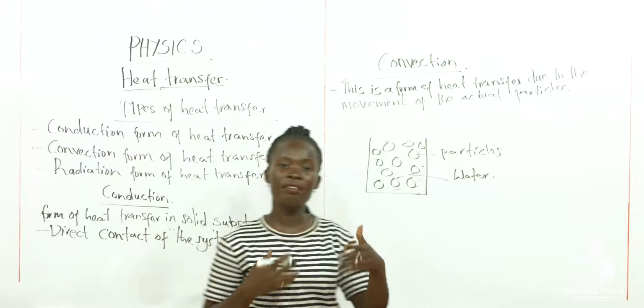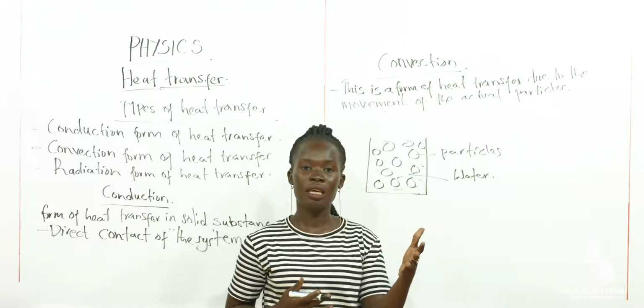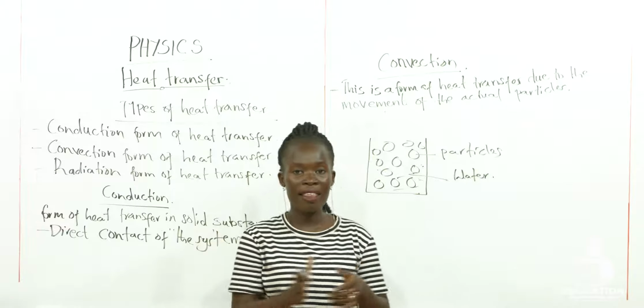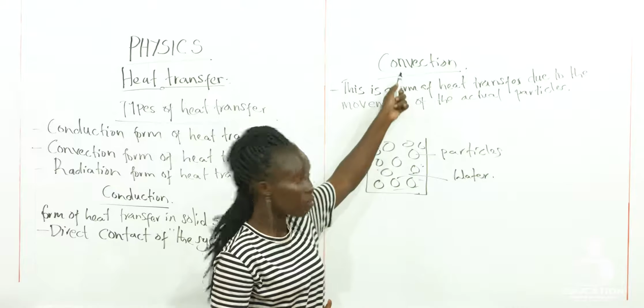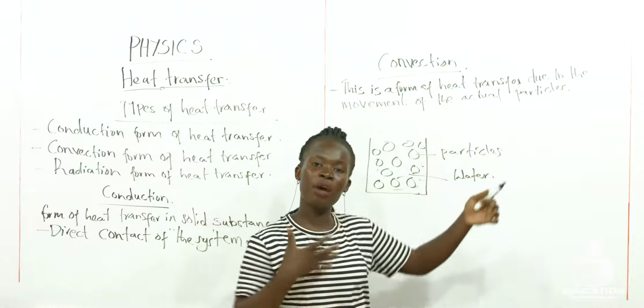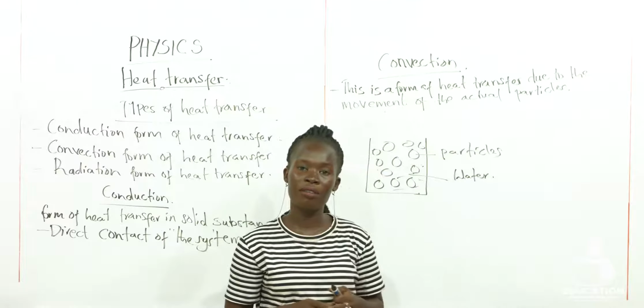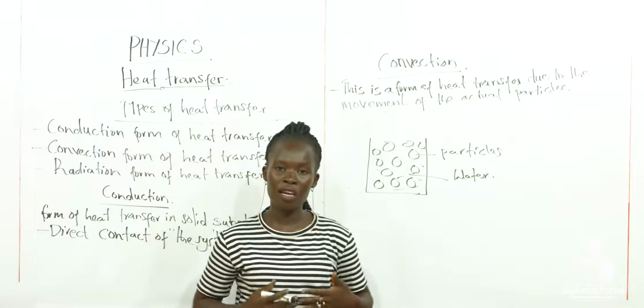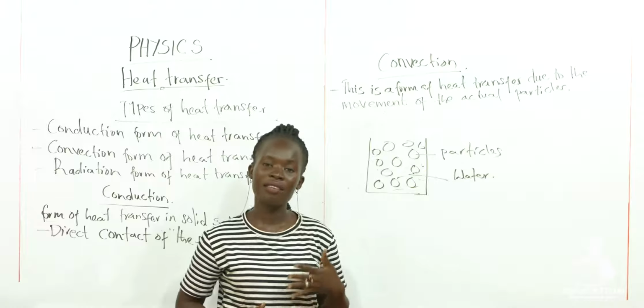That means that there is space for movement. They are free to move from one point to another. There you see that's the element of the movement in convection. So if they can move from one point to another, what happens? You see that when one part of the liquid or the gas is warm,